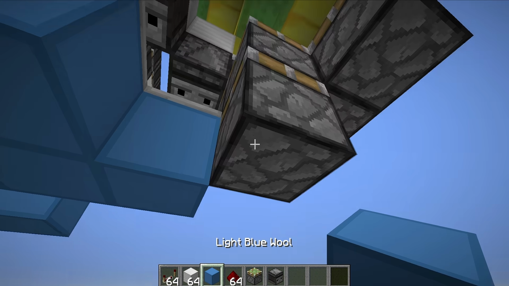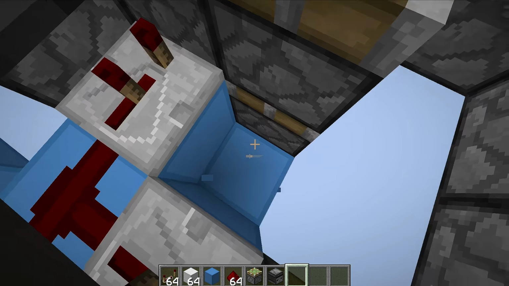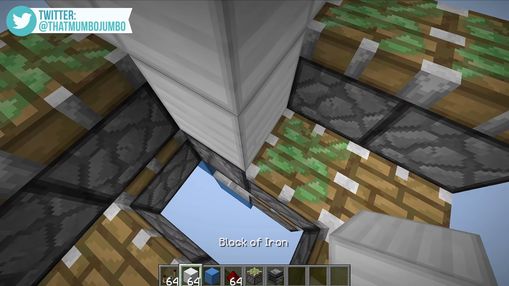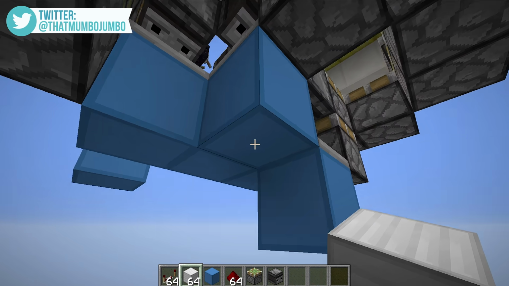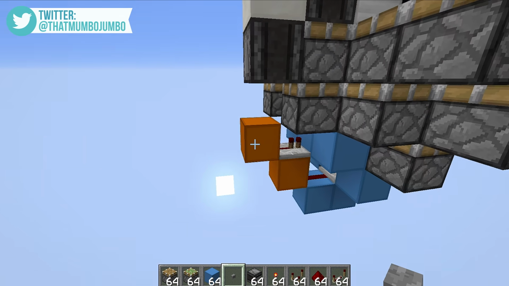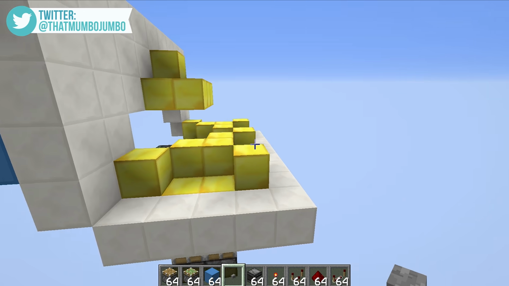How on earth are we going to power those? I suppose we can go repeater set to 2 ticks down here, and then our observer, and then our block. I guess that does actually work, because then we can power this thing from underneath. Alright, that's not a bad start. Right, so let's give this a whirl then. If we hit this button,